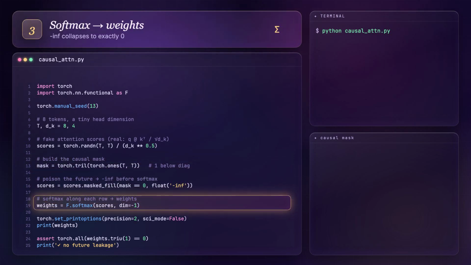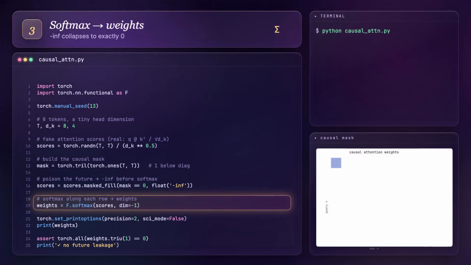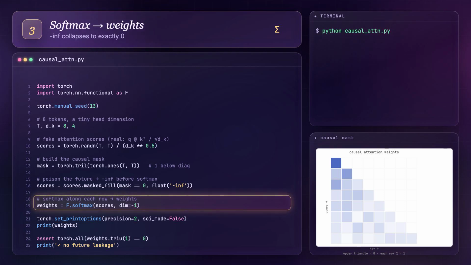Here's the heart of it. torch.tril of an all ones 8x8 matrix gives us the lower triangular mask, ones on and below the diagonal, zeros above. Then masked_fill. Wherever the mask is 0, the upper triangle, we overwrite the score with negative infinity. We use float('-inf') so softmax will crush those cells to exactly 0. One line builds the staircase, one line walls off the top.